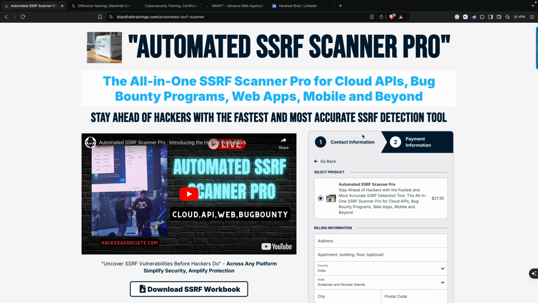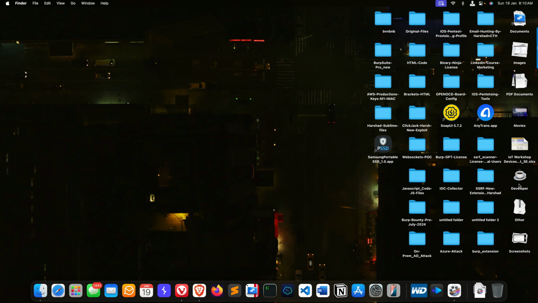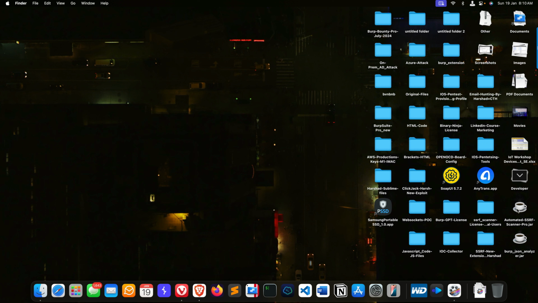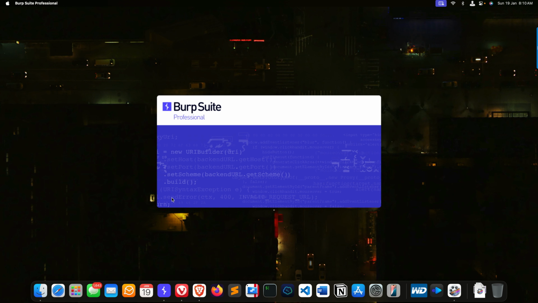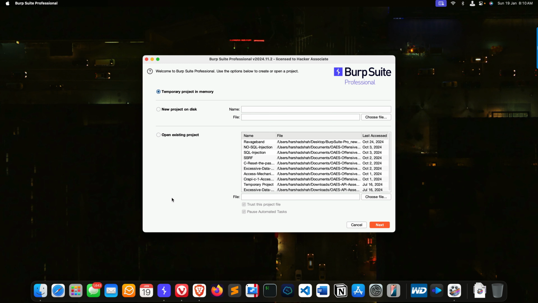In that email, you will see one jar file like this. In my case, you can see clearly this is the jar file which I downloaded from the email. Once you download the jar file, you need to start your Burp Professional version. This tool works very well with the Burp Professional version. Don't use Community Edition for this. Also, you need to check your version, because if you're not using this version, it may give you an error. So make sure you are using Burp Suite Professional